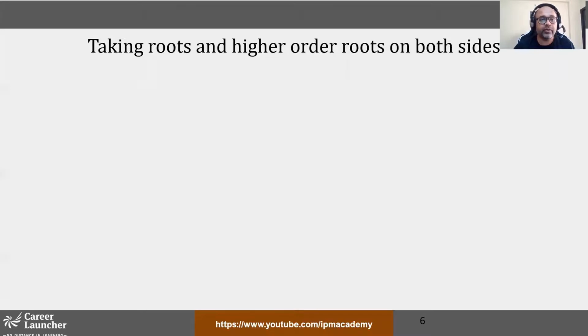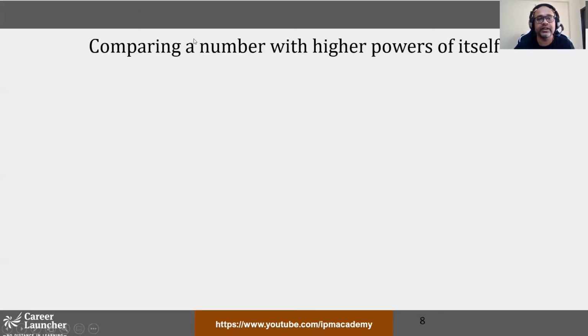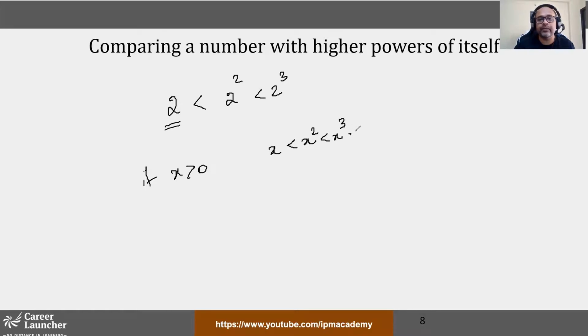The next thing we're going to talk about is comparing a number with higher powers of itself. This is something very nice that you need to notice. Let's look at 2 and 2 square. Clearly 2 square is greater than 2. And if I take a higher power, you will get 2 cube, which is again greater than 2 square. So when you start with a positive number x, if x is greater than 0, then you will have x is less than x square, which is less than x cube, which is less than,